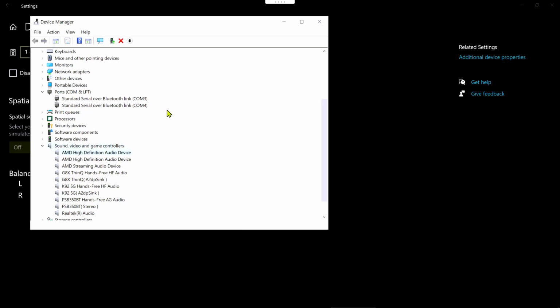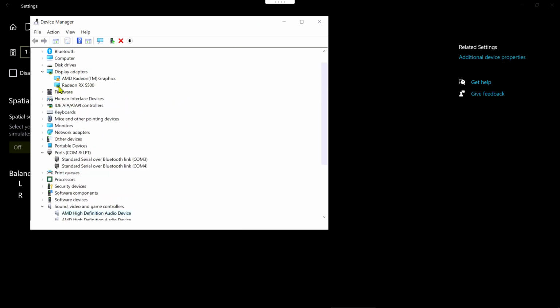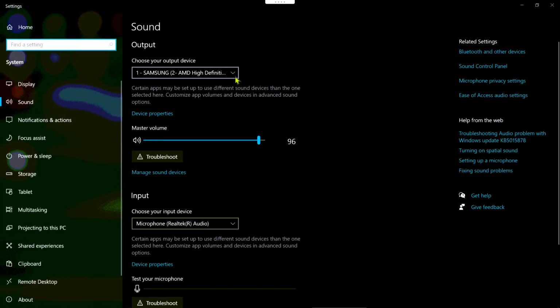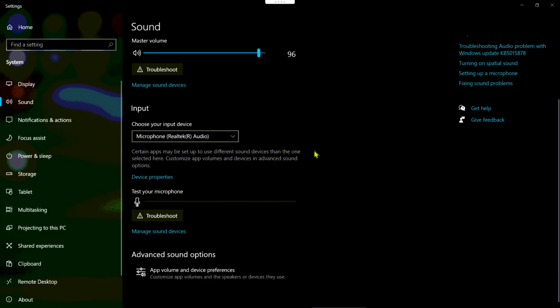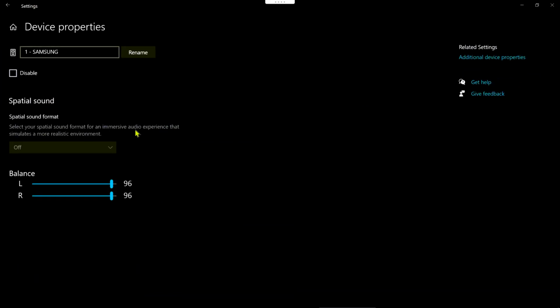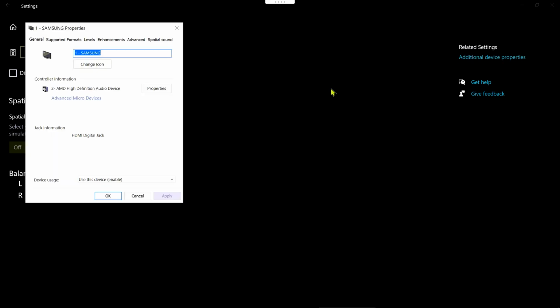What about in display? It only shows display. Still nothing specifically to the television. But here we still have Samsung listed. Still listed here. The video card recognizes the TV as a Samsung. Yeah, it's the video card that's identifying that. But when I was in device properties and then additional device properties,